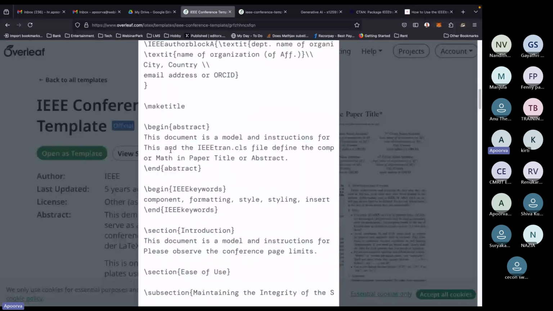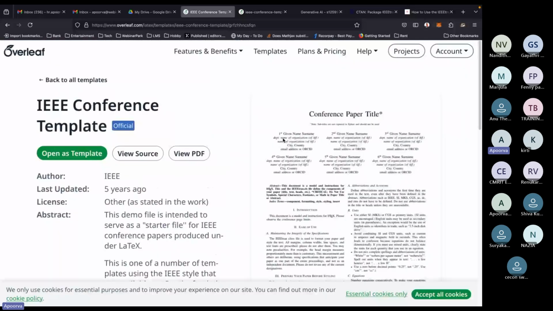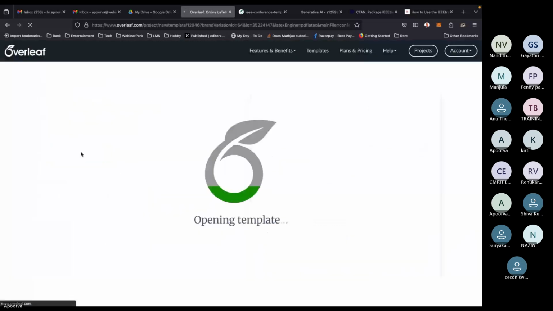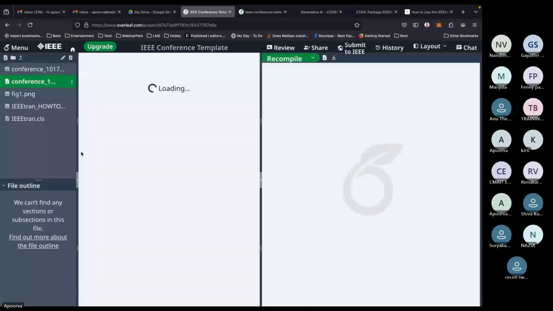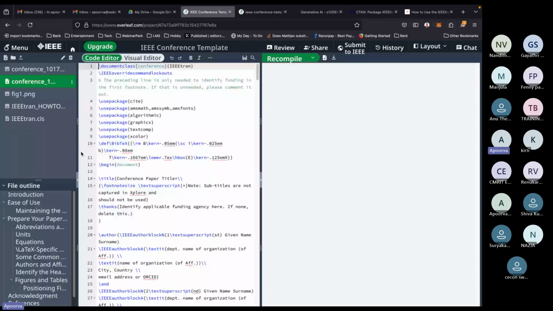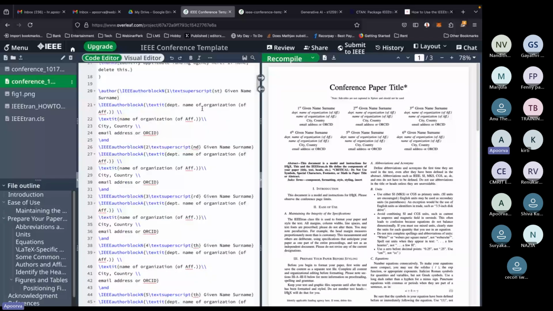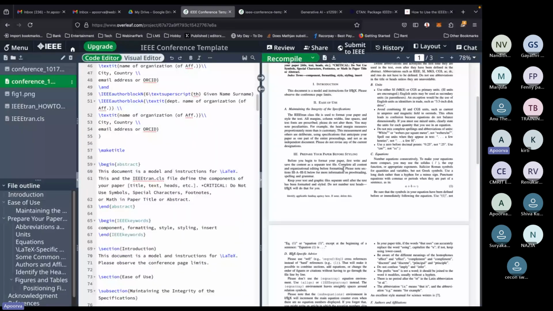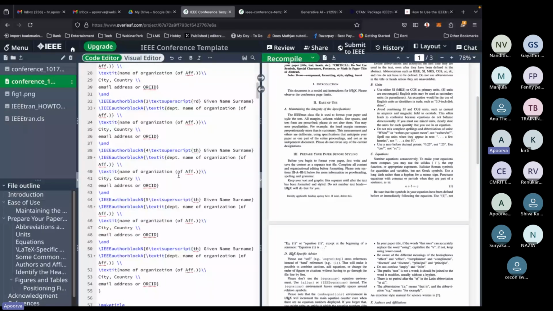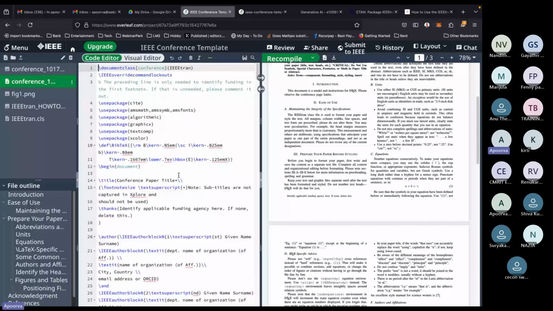Now, if you're happy and you would want to take a look at this, what you can do is open as template, right? So what we have is a sample paper using the IEEE transactions document class. And if you read the paper, it's basically giving you instructions on how to write the paper in itself. Okay. Now, if you take a look at this file, don't some of the commands already make sense to you,